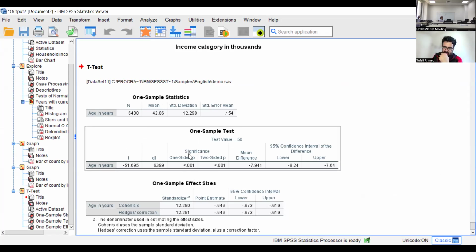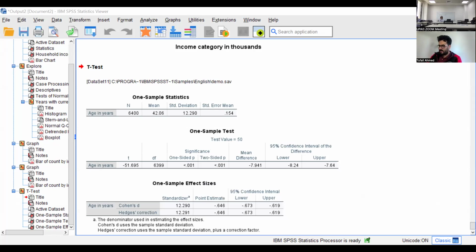Based on this significance level, I will reject my hypothesis that the mean is 50, because I don't have enough evidence that it is 50. So what I will say is that we reject our null hypothesis that the age is 40 or 50, and our sample mean is significantly different from 40 years. This is how we test, based on this significance level, how sure we are about the results. So this is how you run a one sample t-test.